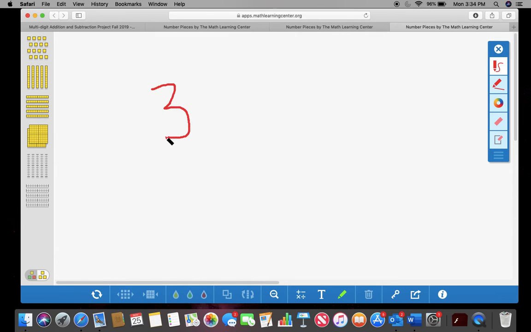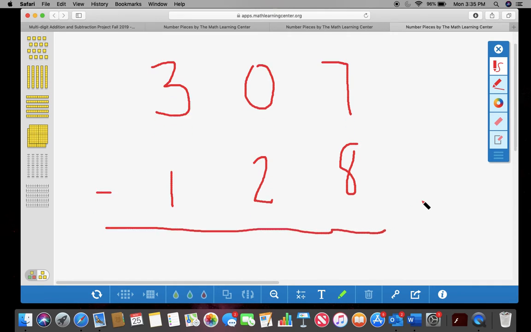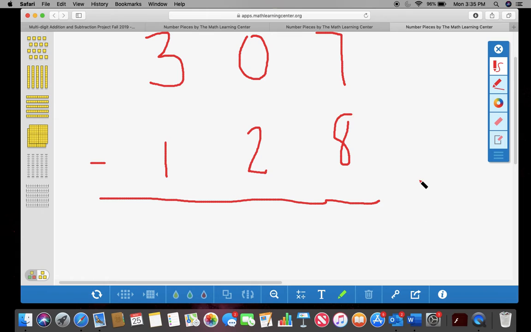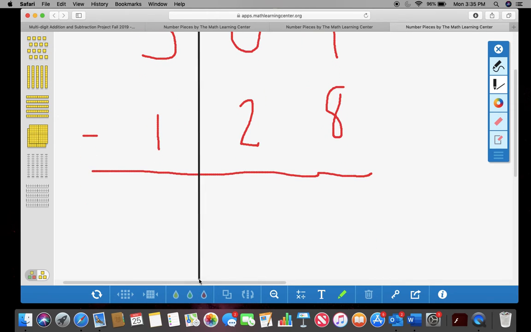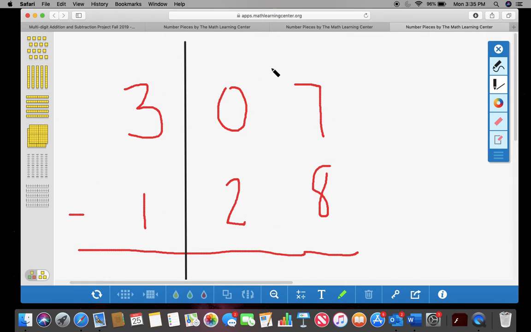3, 0, 7. And then down here you have 1, 2, 8. Okay. And then you want to draw your equal line. So just to break it up a little bit and you can see what I'm going to do, we'll just break it up a little. Okay,